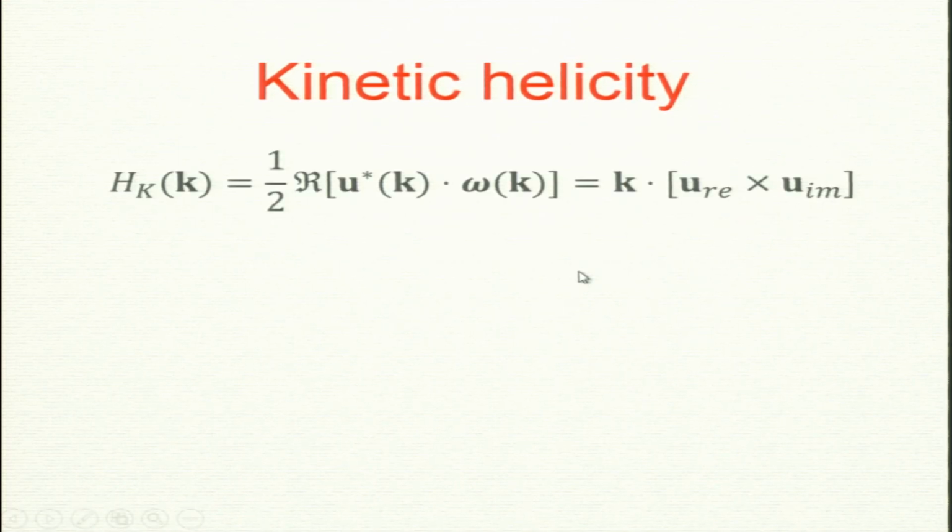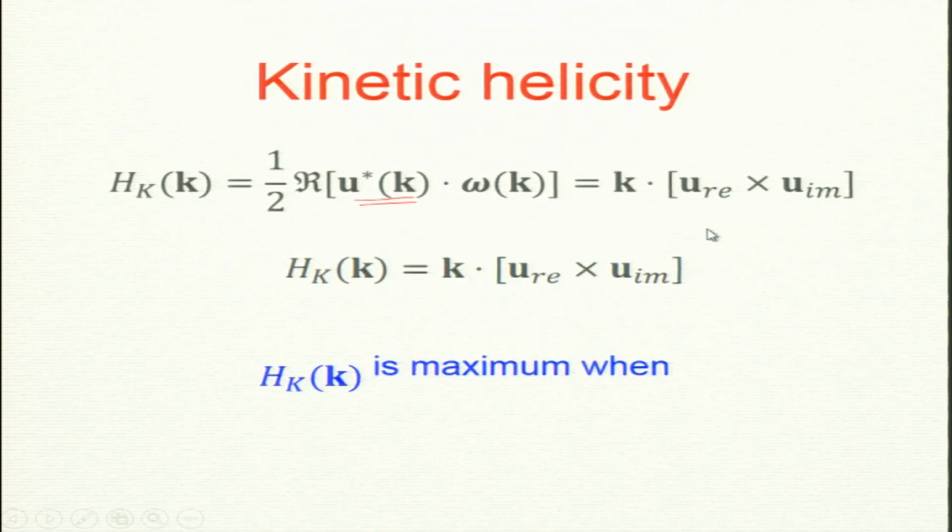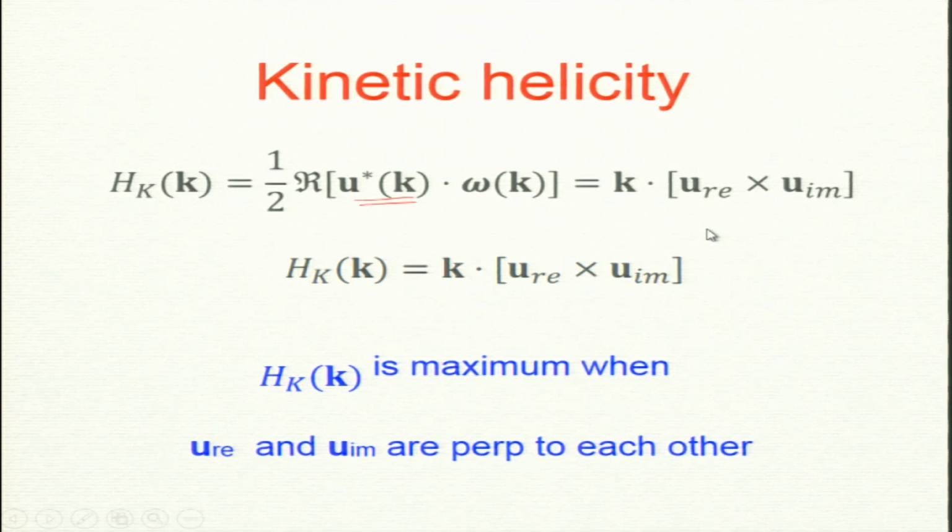So, let us look at Fourier space. This is a formula: the real part of the dot product of u_k and omega_k. It is like the modal kinetic energy for a given mode, but one of them must be the complex conjugate, okay, take the real part of it, and I did derive this. So, u real cross u imaginary, k dot real, so you have to have both real and imaginary parts. I illustrated this with some examples, and H_k is maximum when both are perpendicular to each other, otherwise you will get a sin theta component, okay, and this was done before.